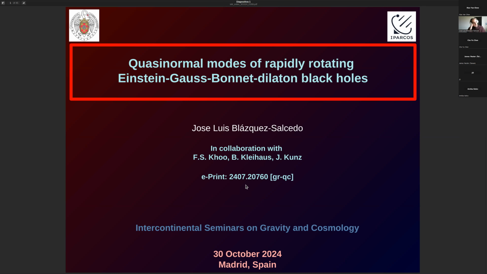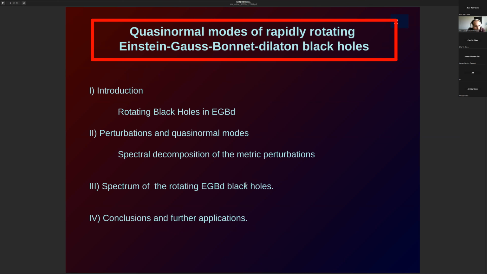So this is the outline of what I'm going to talk about today. We'll start with a brief introduction where I want to explain a bit about the properties of these black holes, because I understand that maybe not everybody is familiar with them, and I think it's important to understand the features, the differences of these objects with respect to what we all know, which is the Kerr model of black hole in general relativity, right?